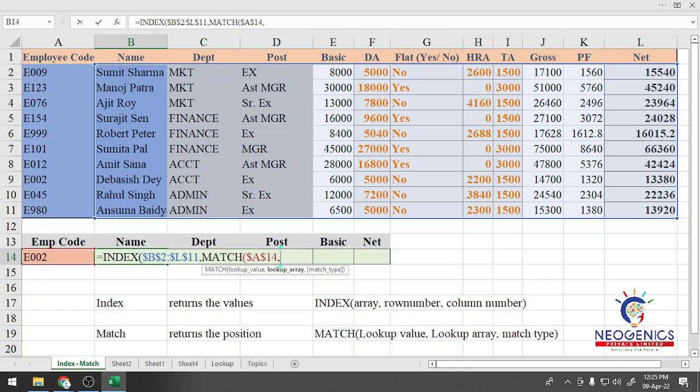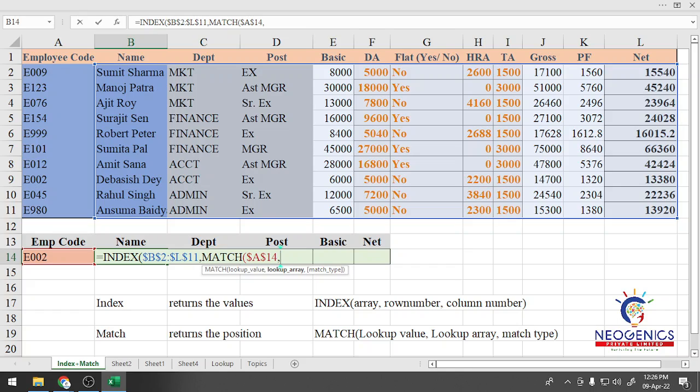Then it will always show the result only for this code, E002. If I change the employee code value here, it will